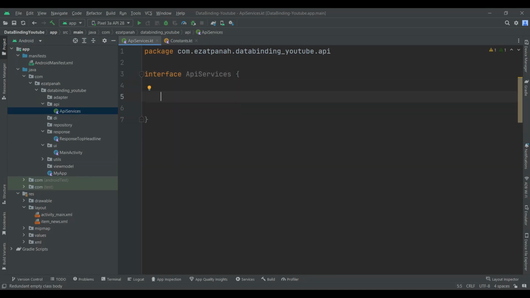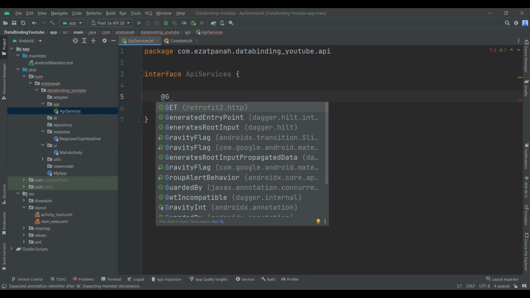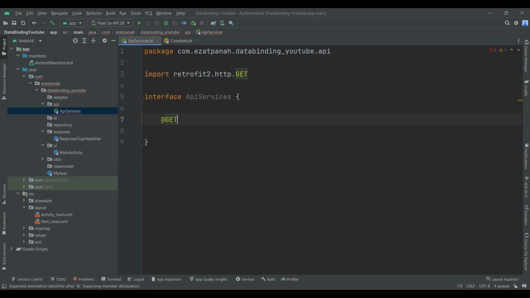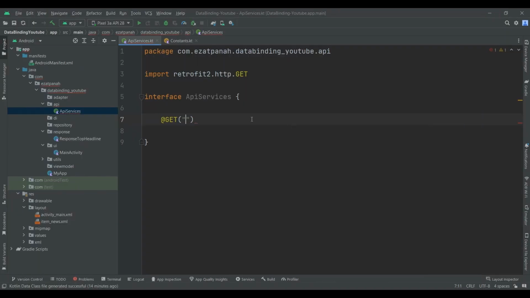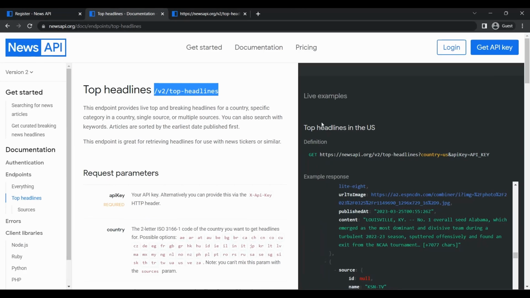Good. I should use the GET annotation, and here put my path. Again, back into the documentation and copy this part here. And as I said before, the other part, as you can see here, is a query. So here